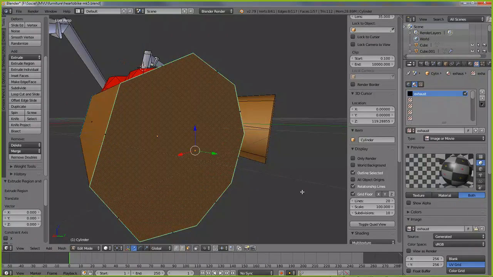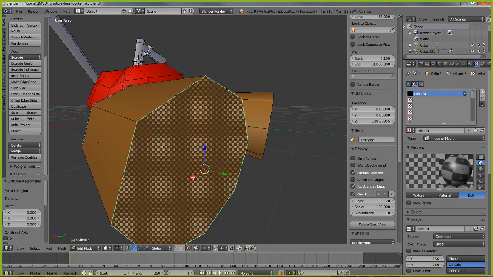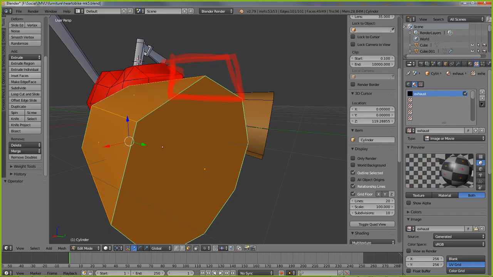Whoops, we need to scale relative to the selection instead of the cursor, which is up here. So we want to scale relative to the shape that we've got here instead. So we can either extrude and scale, or